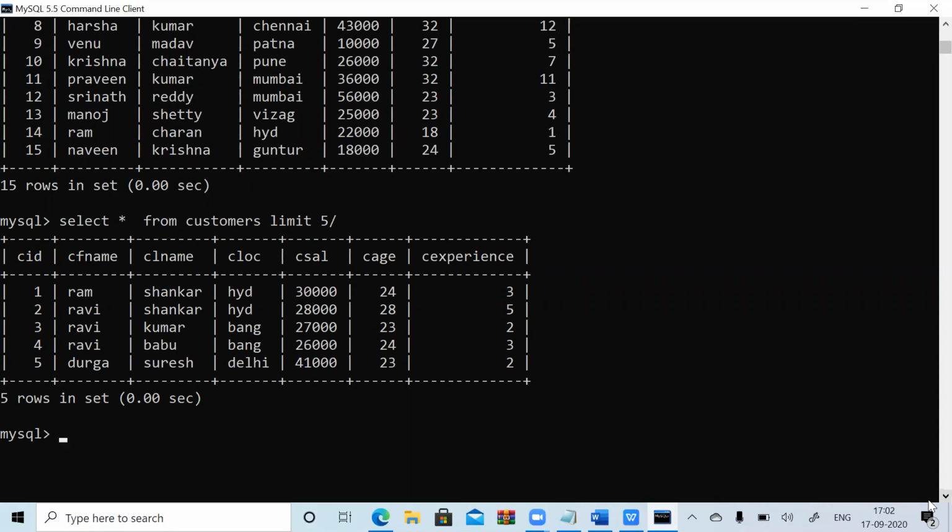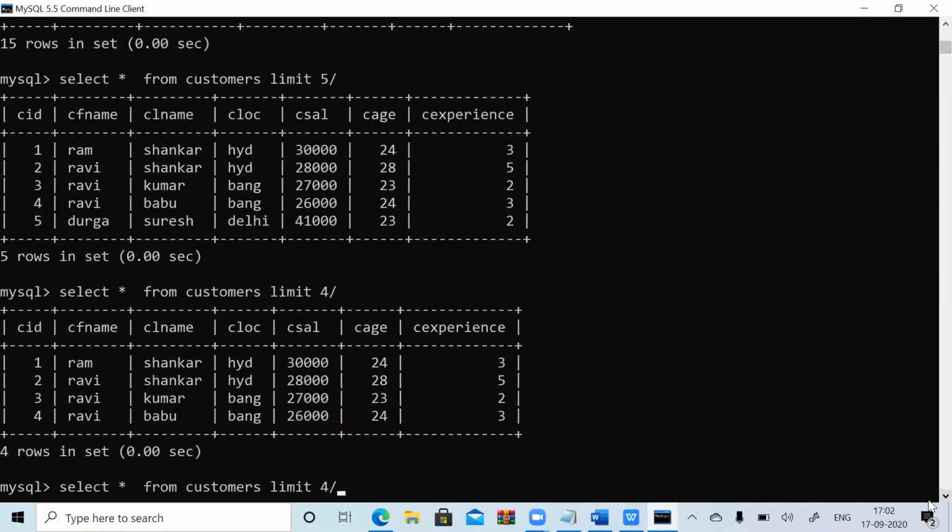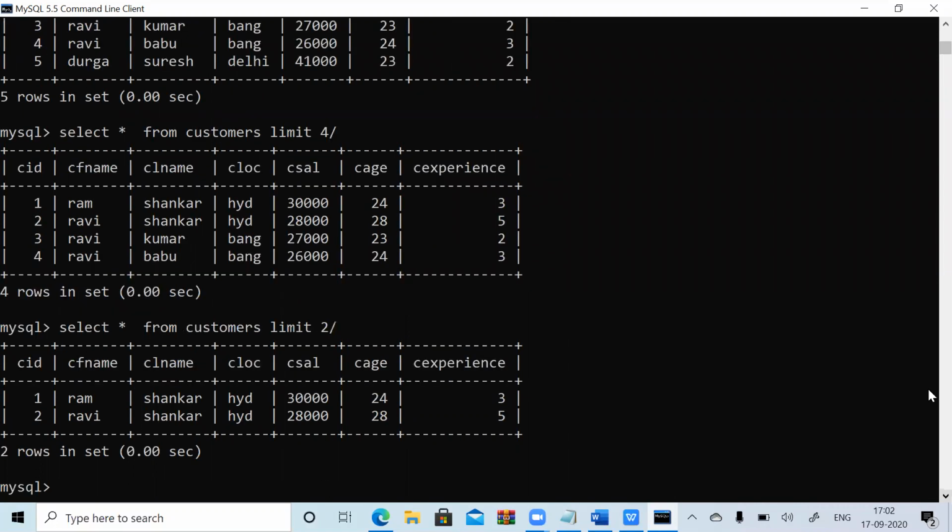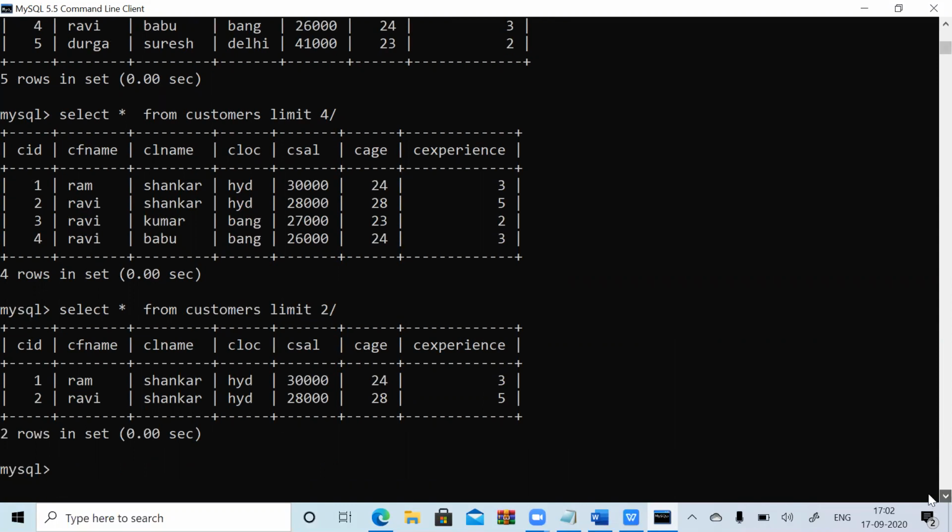Now I'm getting the top 5 rows. Suppose one user wants to have only the top 4 rows, another user wants only the top 2 rows. Why can't we give this as a variable? I want to use it as my input argument. Sometimes I can give 5, 6, 7. Whenever I give my input, it needs to return that many rows.